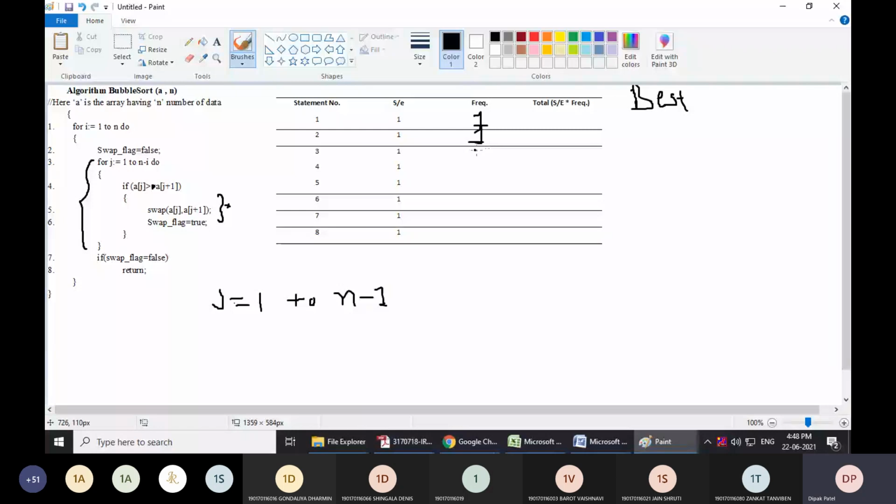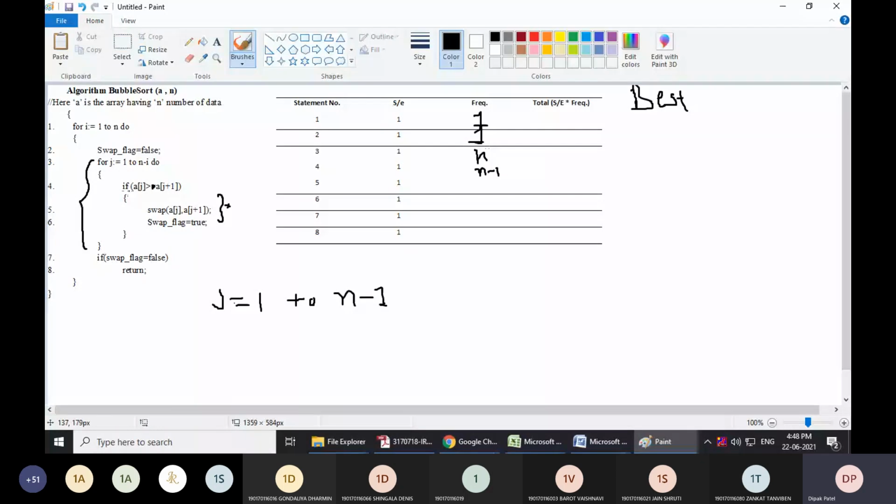Now fourth statement, if condition. So if condition will be executed, it is going to execute all the times. Either it is true or it is false. Execute तो होगी ही. तो फोर्थ स्टेटमेंट वो फॉर लूप के इनसाइड है, तो ऊपर के फॉर लूप से एक कम, तो कितनी बार एग्जीक्यूट होगा? n-1 टाइम.